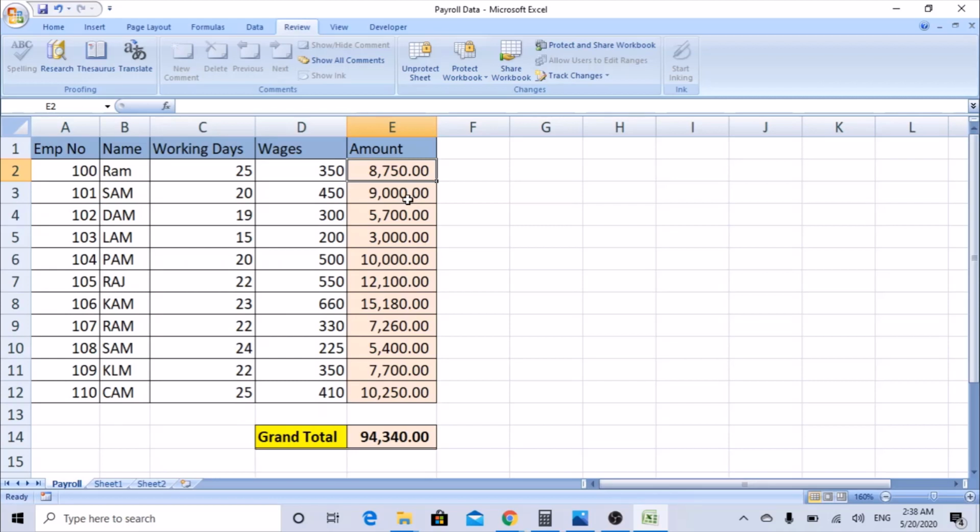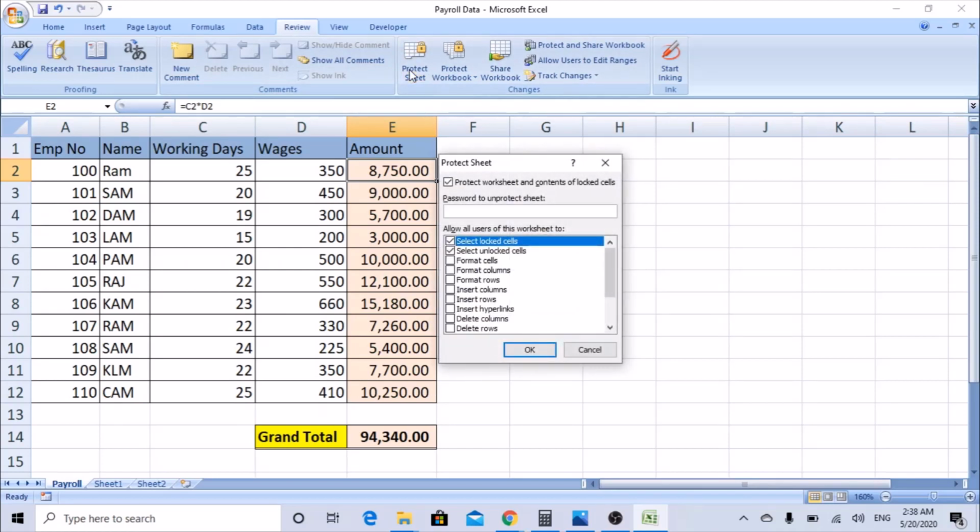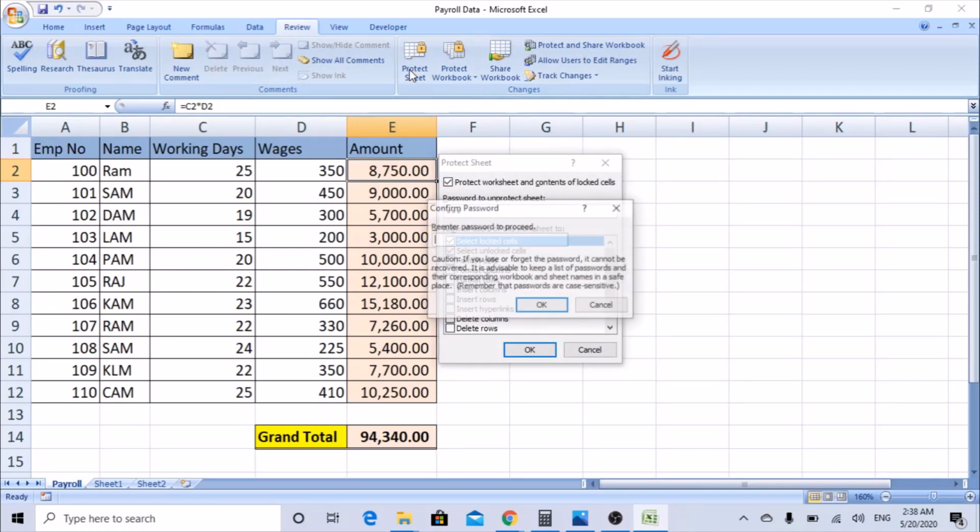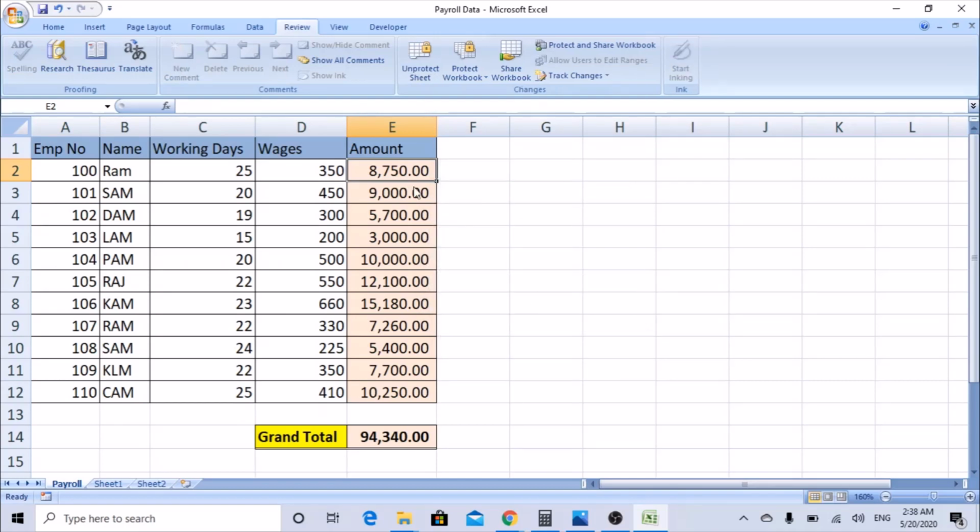And one thing is very important. Do remember when you unprotect a sheet, 1, 2, 3, if you save this file again and you don't protect, it doesn't automatically take that. So once you unprotect, do something and then go ahead and protect it again so that the particular cells can be locked. It's very simple and very effective.